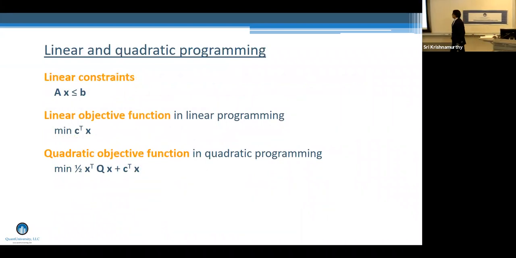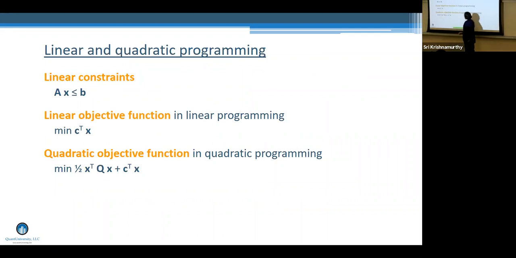So you know what linear and quadratic programming are. In both of these, you have linear constraints. So this is just a linear constraint on the variables x. And in linear programming, you have a linear objective function. It's just a linear combination of the variables. In quadratic programming, you have a quadratic objective function. And I feel like these are